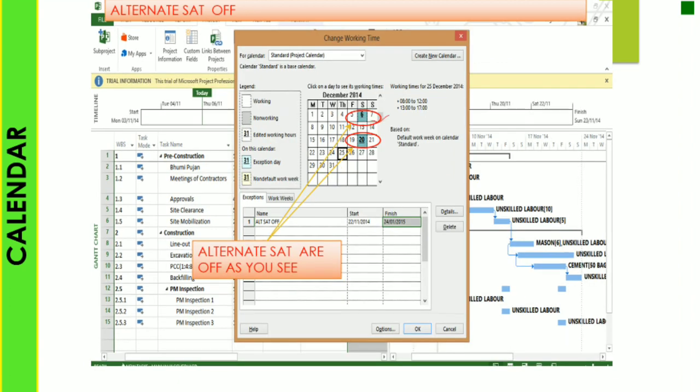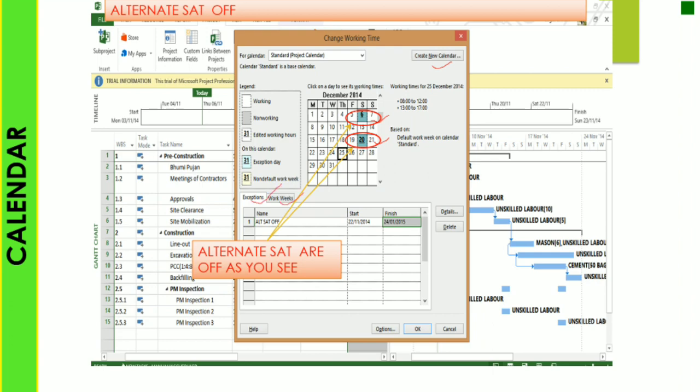Now here you can see that the 6th and 20th are non-working days, alternate Saturdays off. Based on your project requirement, your government, your project manager, your client, your consultancy, or any situation, you can create any type of calendar using the create new calendar tool, the exception tool, and work weeks.